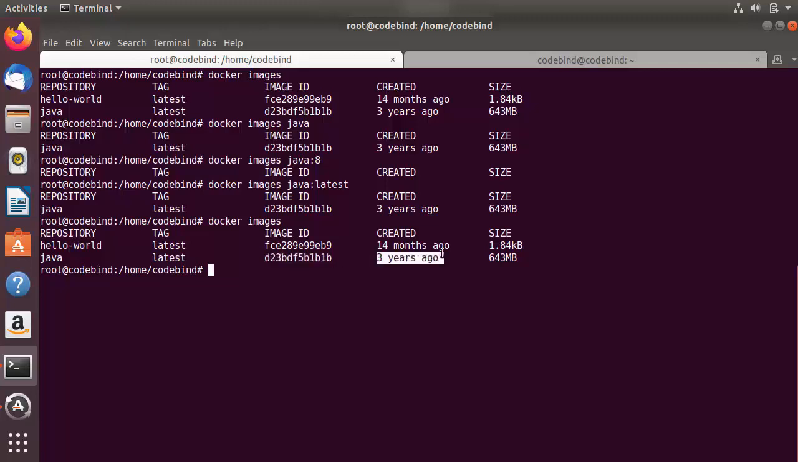Also you can see when this image was created and the size of the image. The different images with different tags have different sizes. Sometimes you want the images with less size, or sometimes you want the images which have the full feature. In that case you can use a different kind of image with a different tag which suits your requirement